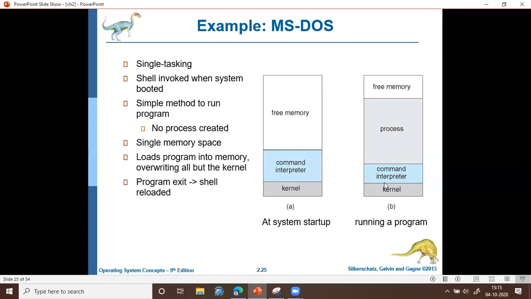When the program exits, the shell, which is nothing but the command interpreter, will be reloaded. When this process exits, the command interpreter will be fully loaded once again. Here it is only partially loaded. The program can exit either in a normal way or in an abnormal way.